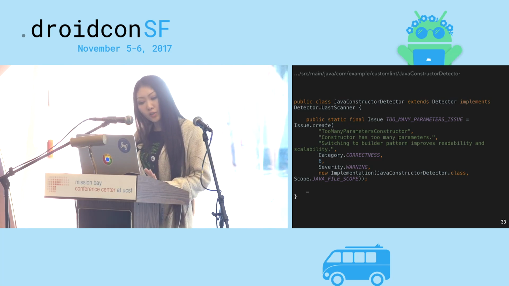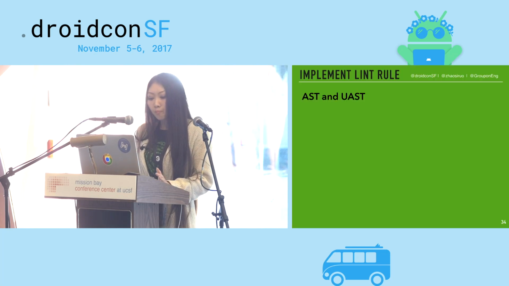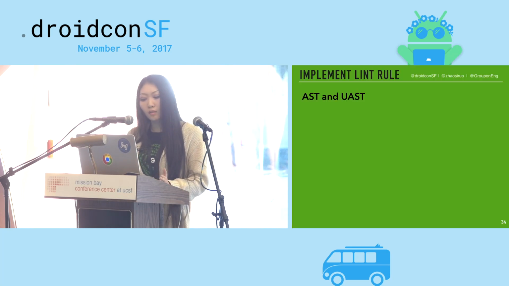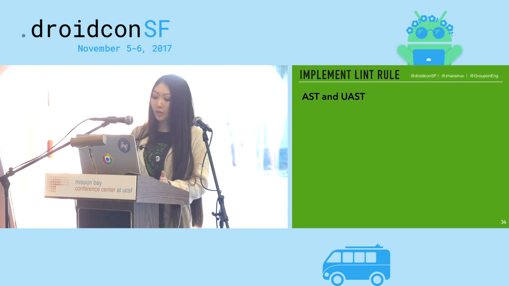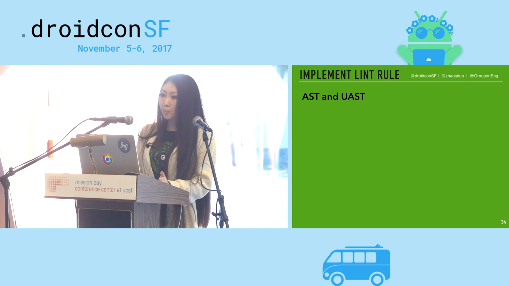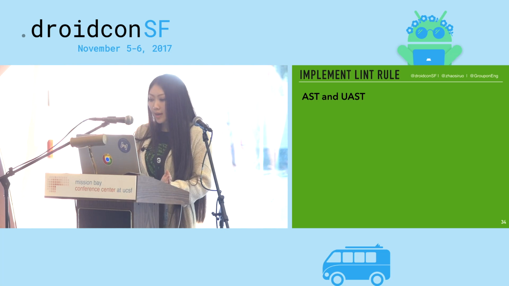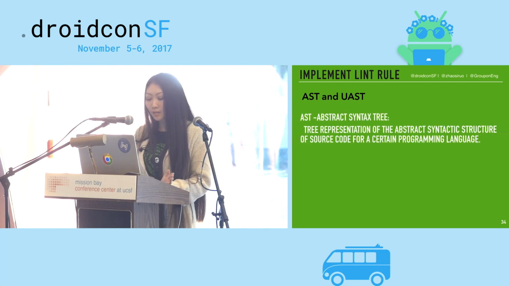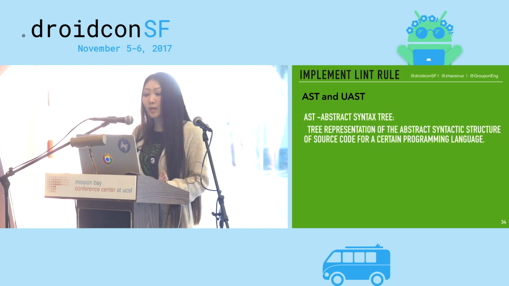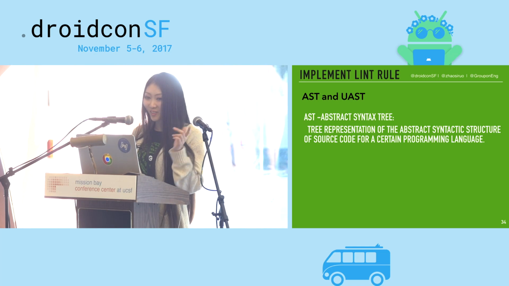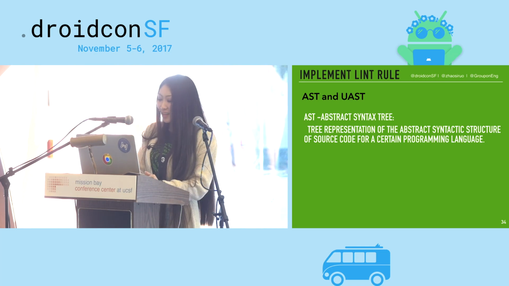Now let's look at our scanner. To help better understand the logistics behind the Lint Scanner, I need to clarify 2 important concepts, AST and UAST. AST, or abstract syntax tree, is a tree representation of the abstract syntactic structure of source code for certain programming language. I know that's kind of twisted, but this